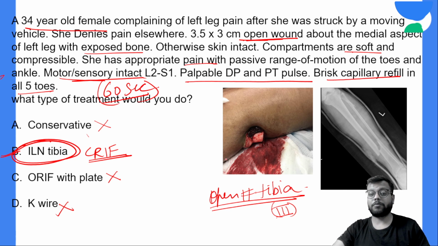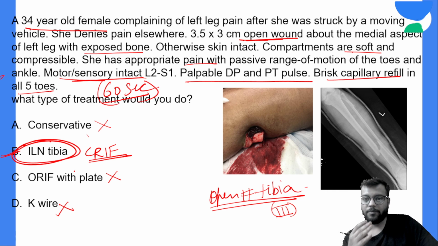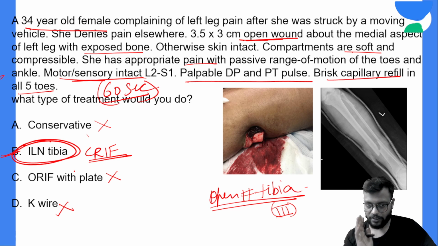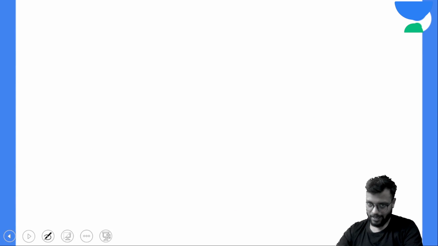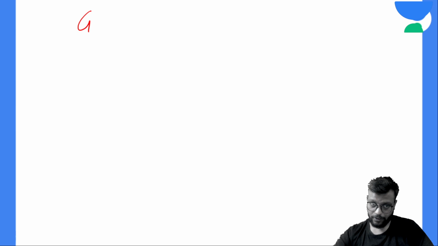If there had been an external fixator in the options too, then what would you have done? Okay, so basically whichever of the two you choose would have been dependent on the surgeon's choice, because both are good. So such questions will not come. That's why external fixator was not given in the options. Okay, so this was this question, and in this you need to remember the